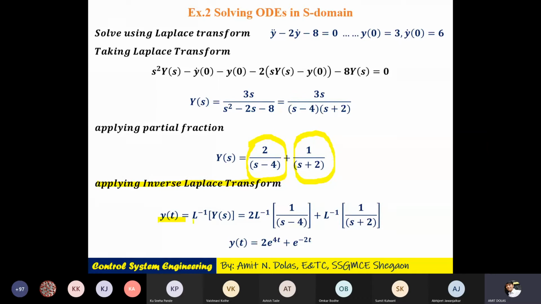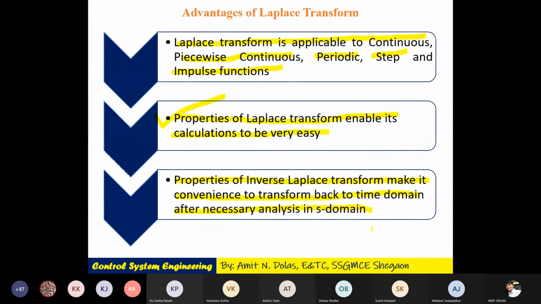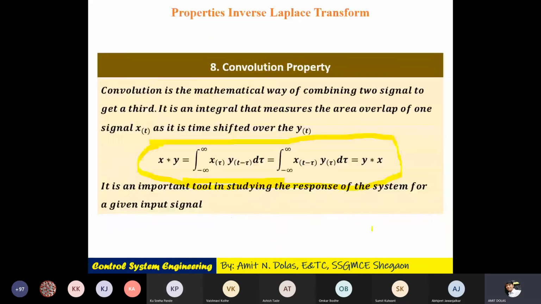So y(t) will be the inverse of Y(s), taking 2 outside as a constant, inverse of 1 by (s minus 4), and then inverse of 1 by (s plus 2). One more time I will go back. It is what? 1 by (s minus 4). Another function is 1 by (s plus 2). So coming to the